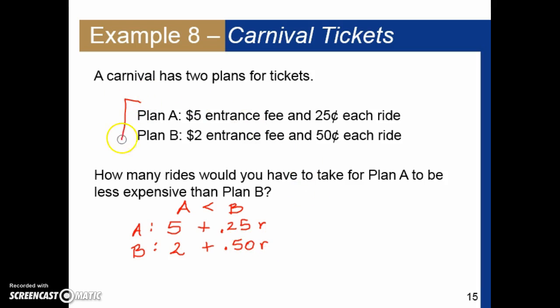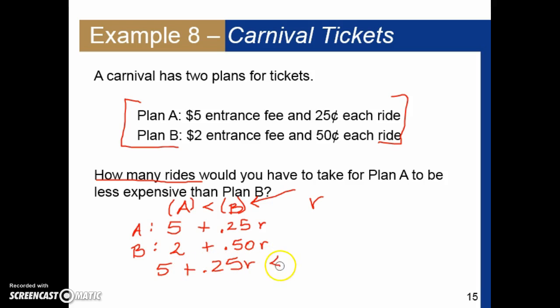So I turned those words into a math equation that we can now put in this inequality and solve and see for what R values, how many rides, for what R values would this be a true statement? Would Plan A be less expensive than Plan B? So let's fill in A and B in our inequality. 5 plus 0.25R needs to be less than 2 plus